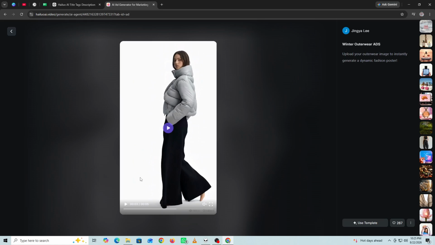Now generate the video and preview it carefully. Check whether Hailuo AI followed the important details and whether the motion looks natural. If something is wrong, identify the specific problem and adjust that